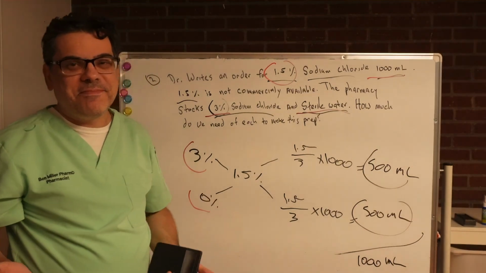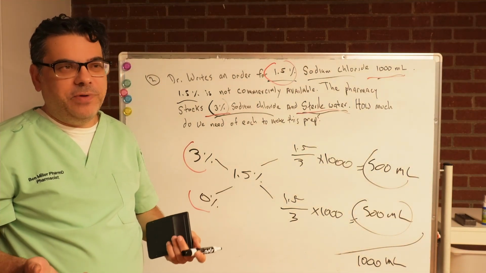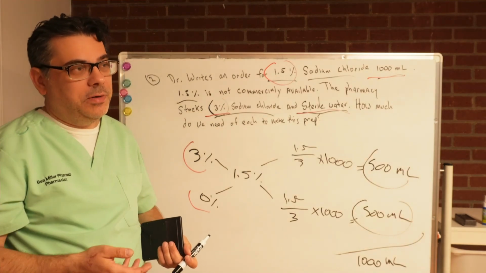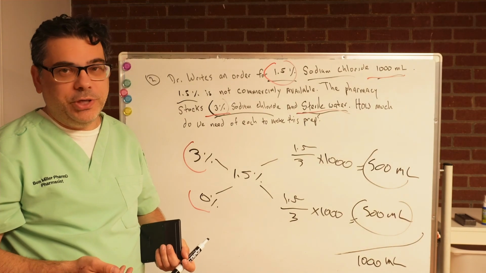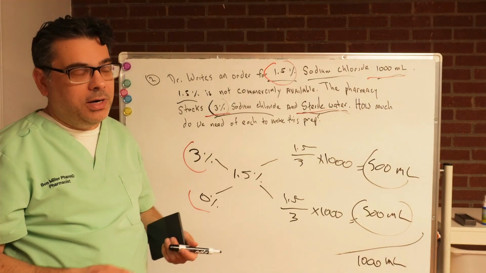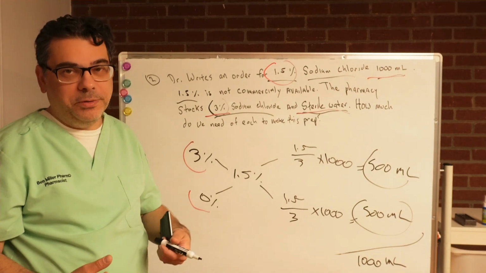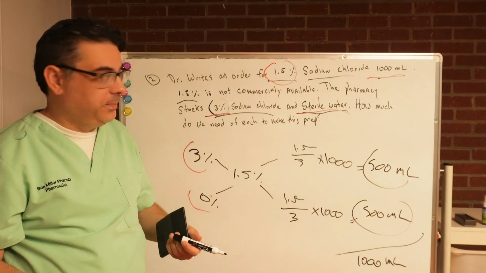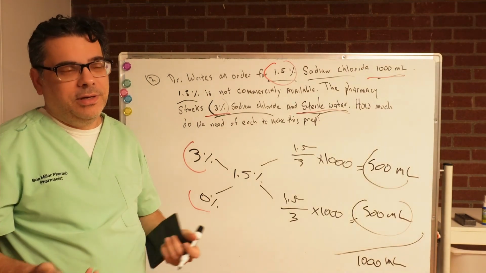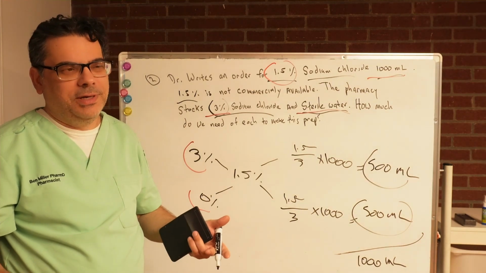Okay, in real life, I don't have to do this calculation because I just grab a 500 milliliter bag of 3%, which comes commercially. I grab a liter bag of sterile water for injection. We have a pump in the hospital. I pump out 500 milliliters of sterile water. I pump 500 milliliters of 3% into an empty bag. Both of them go into an empty bag. It gives me a total of 1,000. So I just wanted to go through the calculations just so you can see. But when you actually have the stuff in front of you, it's obvious that you just dilute with an equal